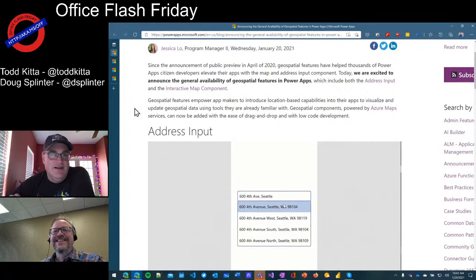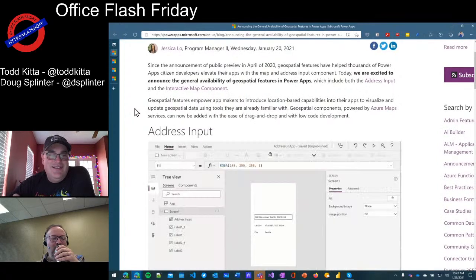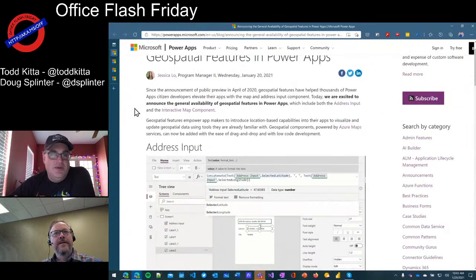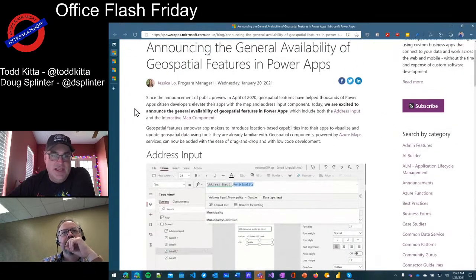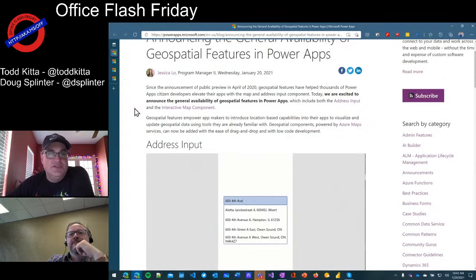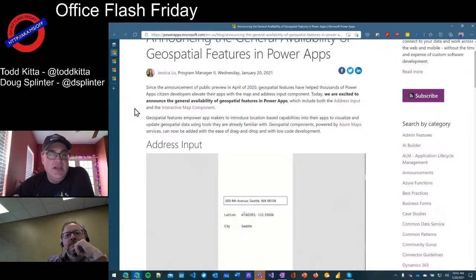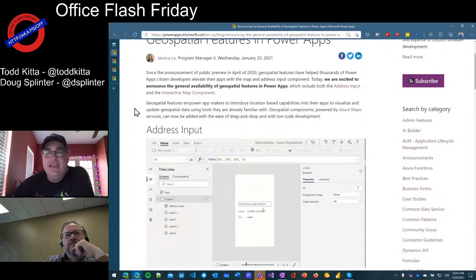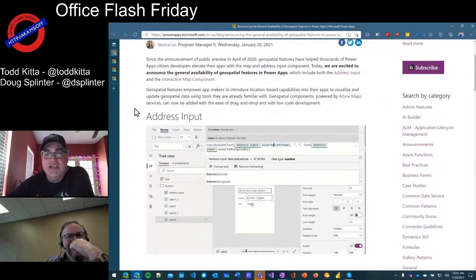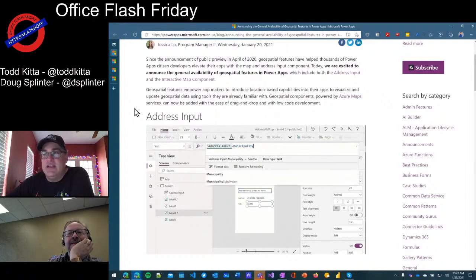All right, then. Let's talk other Microsoft stuff, shall we? I believe I've referred to this before, but I always like to follow back up when things go GA. These are awesome. I call this out specifically because some geospatial features in Power Apps went GA. This address input, I get cranky when I do anything in an app or a web page and the address is not an autocomplete.